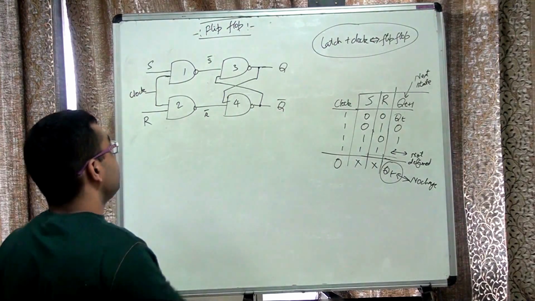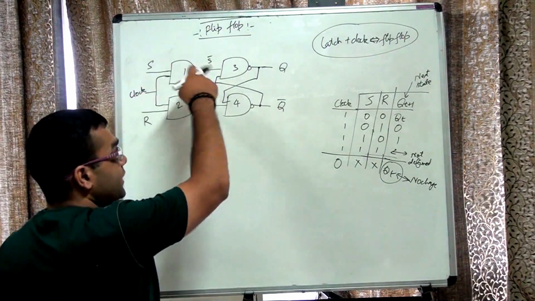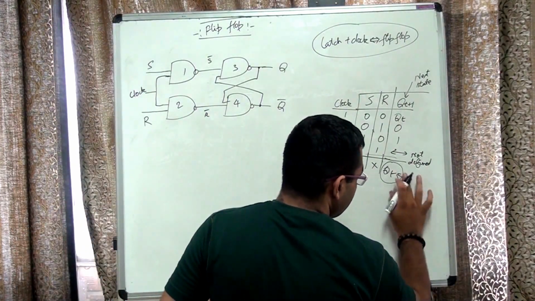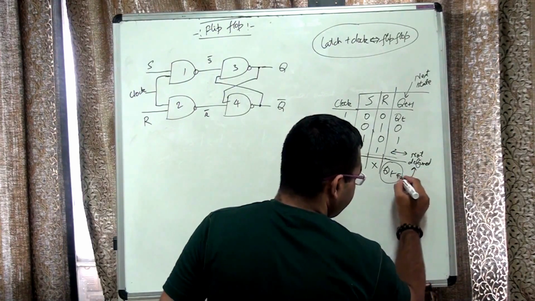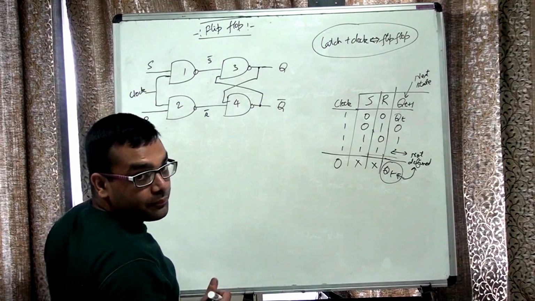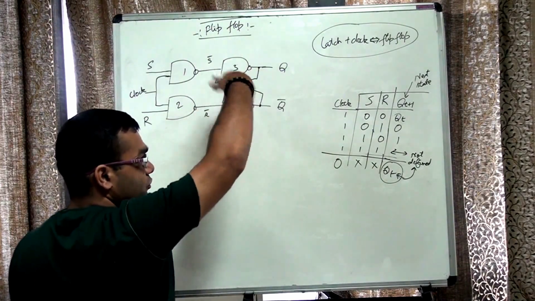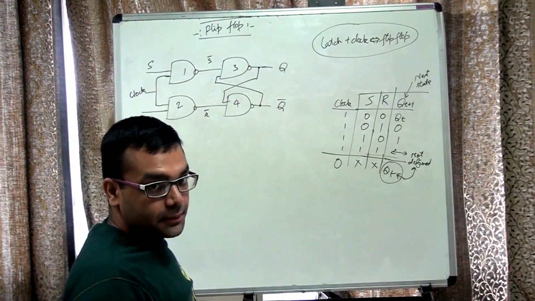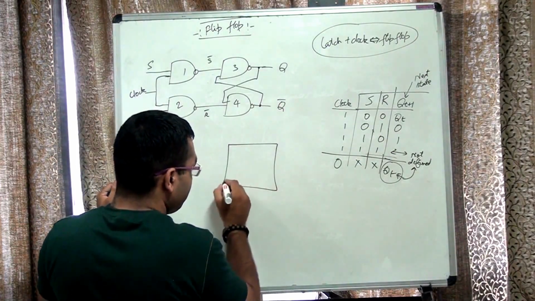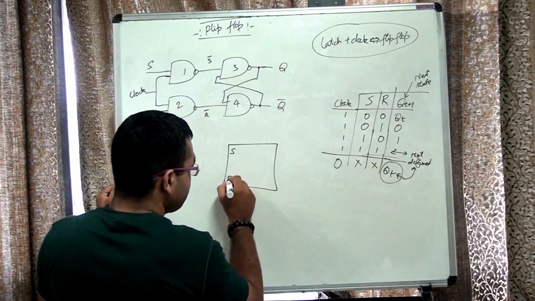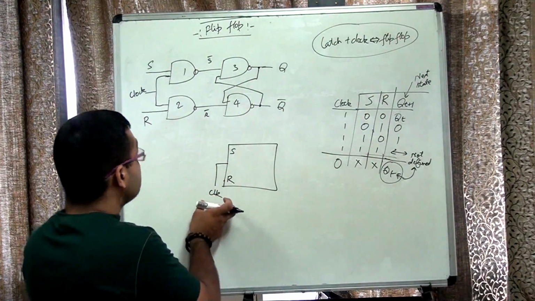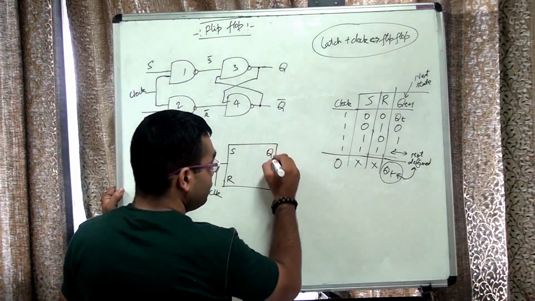Why so? You can see, this is a NAND gate. Actually, I would not say no change, rather this becomes a forbidden, not defined state. Why? Because if clock is 0, both the outputs will definitely be 1, and both of them try to be simultaneously 1, so we will have problems in the circuit. If we draw the block diagram of our SR flip-flop, this becomes our S, this becomes our R. Clock we show like this externally. I will use CLK, the short form for the clock. This is our Q, this is our Q bar.